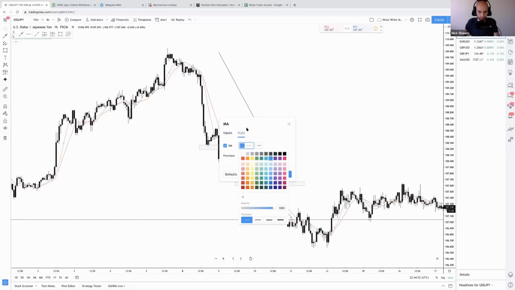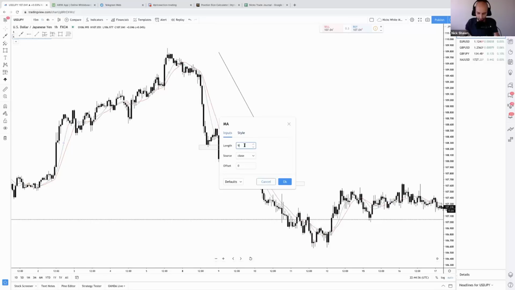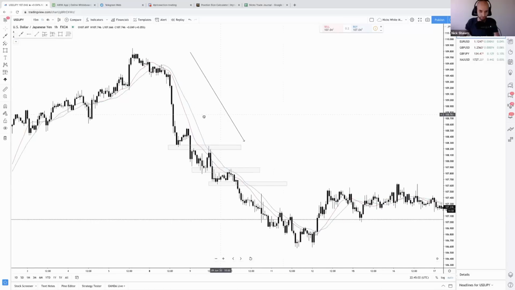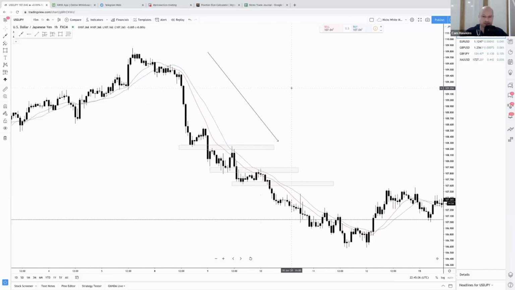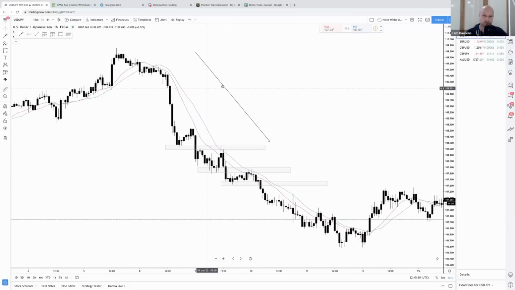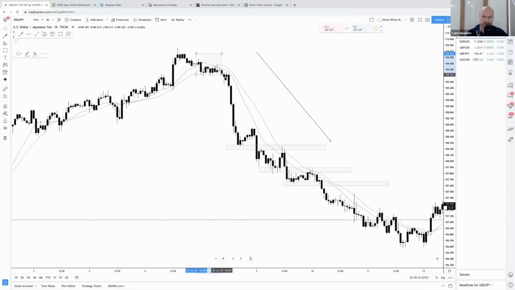All right, so the 14 is the red, and this other one right here, what did you say this one was? Let's make it a 20 or a 21 or something. Yeah. All right, so blue is the 21, and the 14 is the red. Okay, so you can see there that it's a crossover at the top, and if you have a count of how many candles